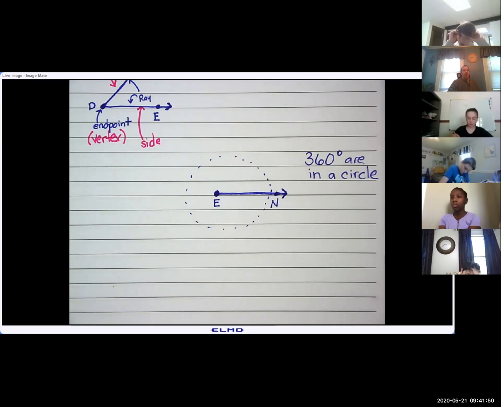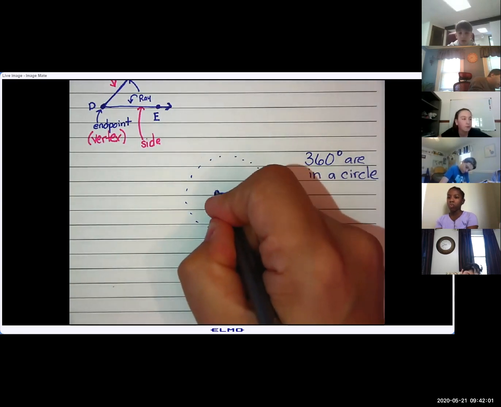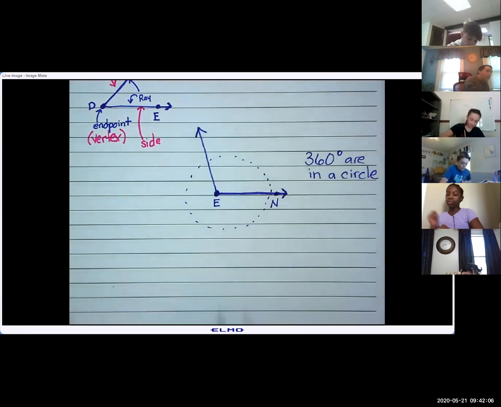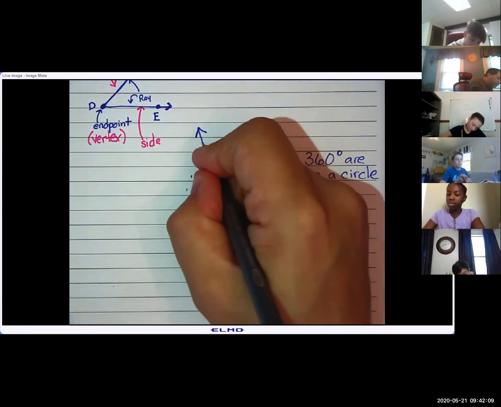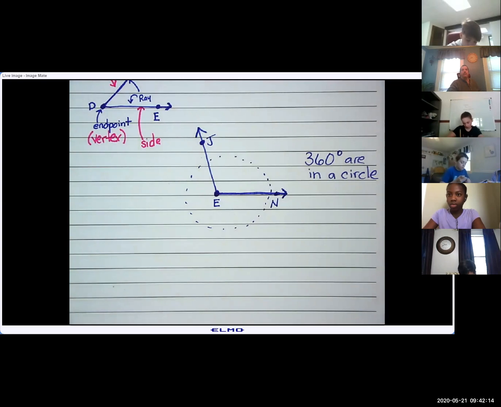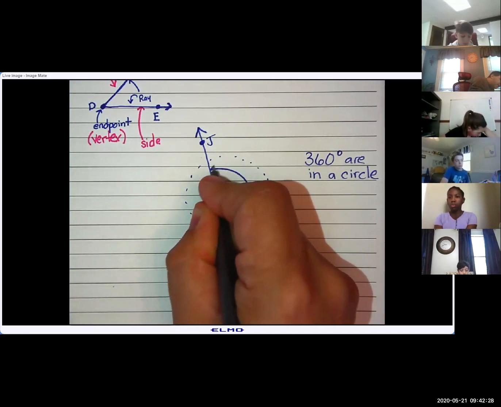Imagine I'm on my skateboard, but I don't do a 360. I do part of a 360. So maybe I'm going to pick a random point here. And I looked up, I saw Jayla. So I'm going to call that point J. So if I'm on my skateboard or my snowboard, or if I turn my body around and I go from here to here,